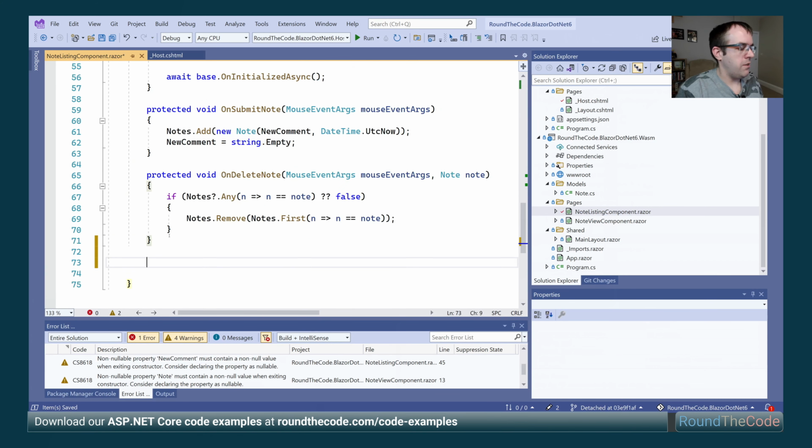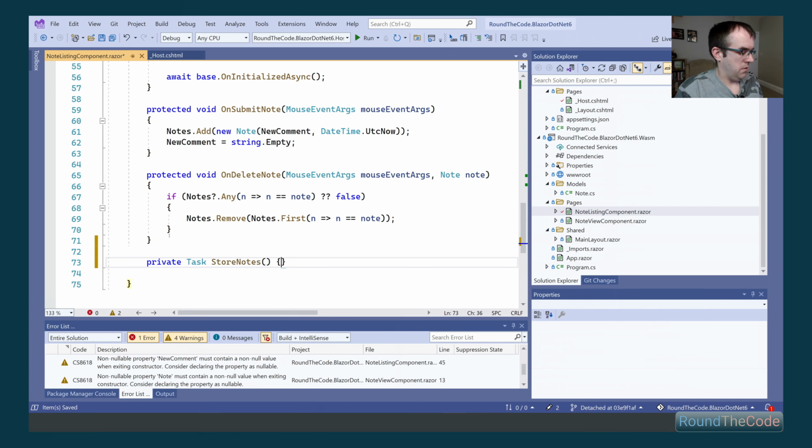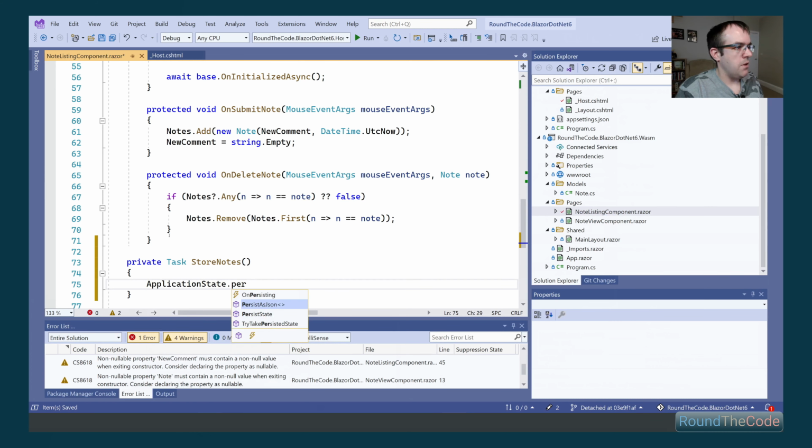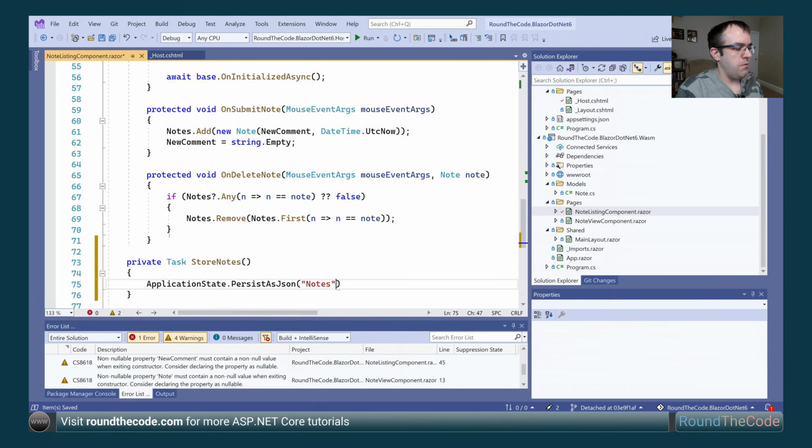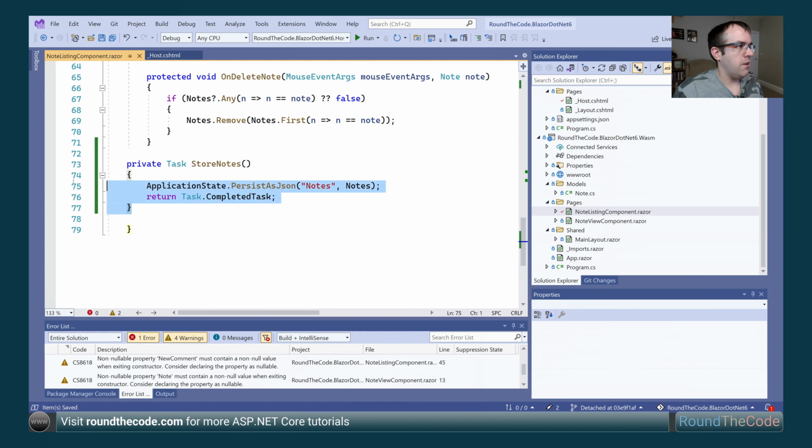We're going to call it StoreNotes. It's going to be private, return a type of Task, and we're going to call it StoreNotes. In here, we're going to call our application state, and we're going to call PersistAsJson. The key is "notes", and we're going to store our notes property in there. And then we just need to return a Task.CompletedTask like that.